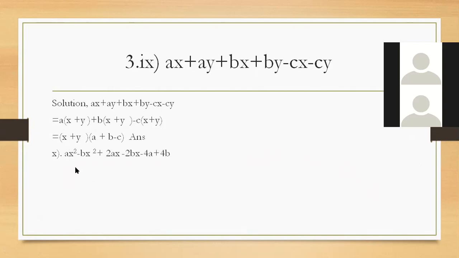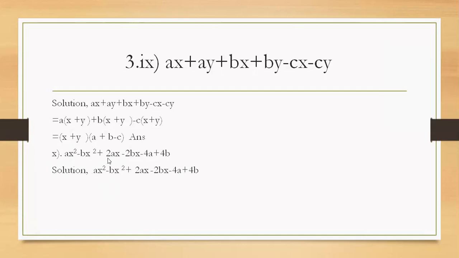Now look here. What is common in this? Look, the 4, 5, 6 terms. Look here, 1, 2, 3, 4, 5, 6. Okay, the first 2 terms in one group, the middle 2 terms in another group, and the last 2 terms in another group. Look here, 3 groups are there. X square is common, a minus b is left here. Here also 2x is common, a minus b is left. Here minus 4 is common, a minus b is left.